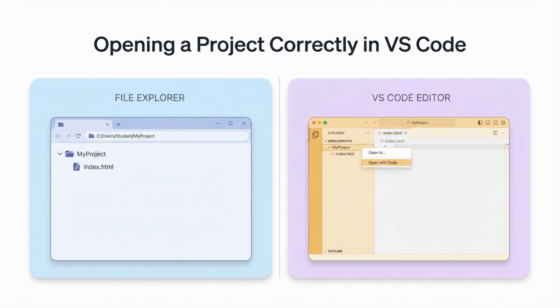When working on an HTML project, it's important to open the entire project folder in VS Code, rather than just a single file. The recommended way to do this is to right-click on the project folder in your File Explorer and choose Open with Code. This loads the full folder structure into VS Code's sidebar, making it easy to navigate between your HTML, CSS, image,